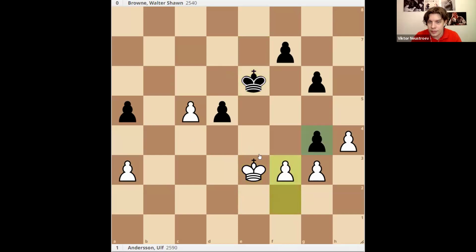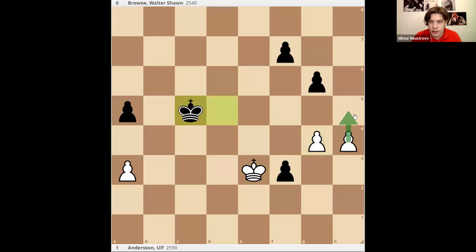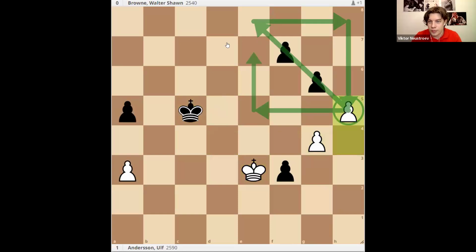And after, well, if they play d4, we take and then we go back. It's fine. Well, let me show you how fine it is. So here, for example, we do not take, we simply create a passed pawn. And he is out of the square of the pawn. This is how we win. This is the square of the pawn, and we simply win. He cannot promote this. This is too far. So this is how we win.